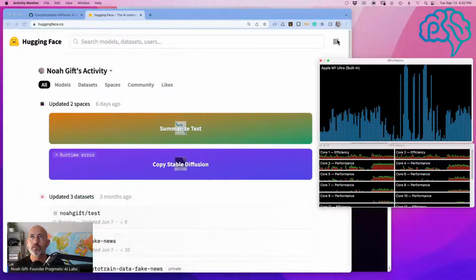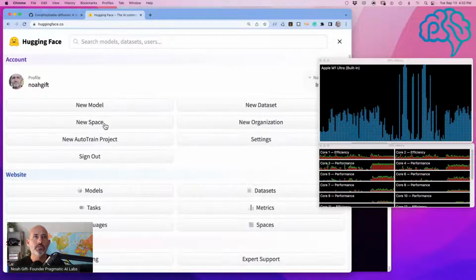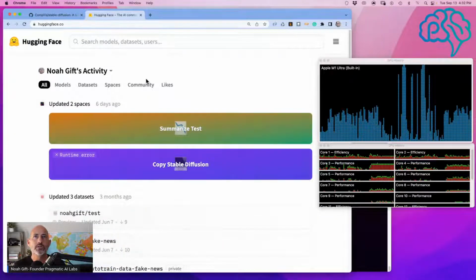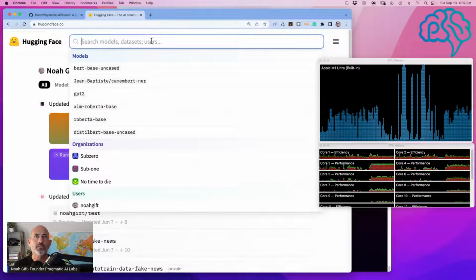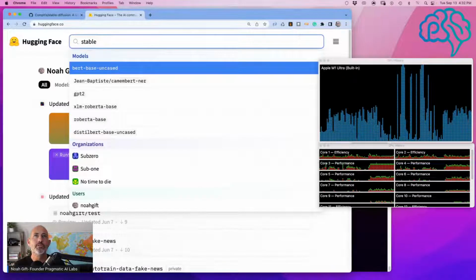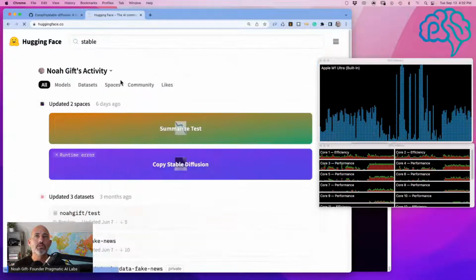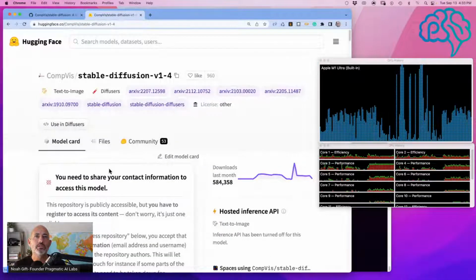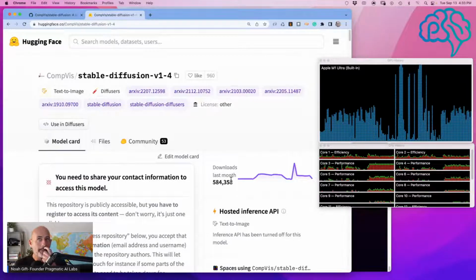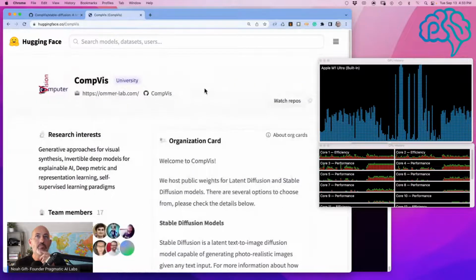We go down here and we go to Spaces, Hugging Face, Stable diffusion, and we look at one of these,